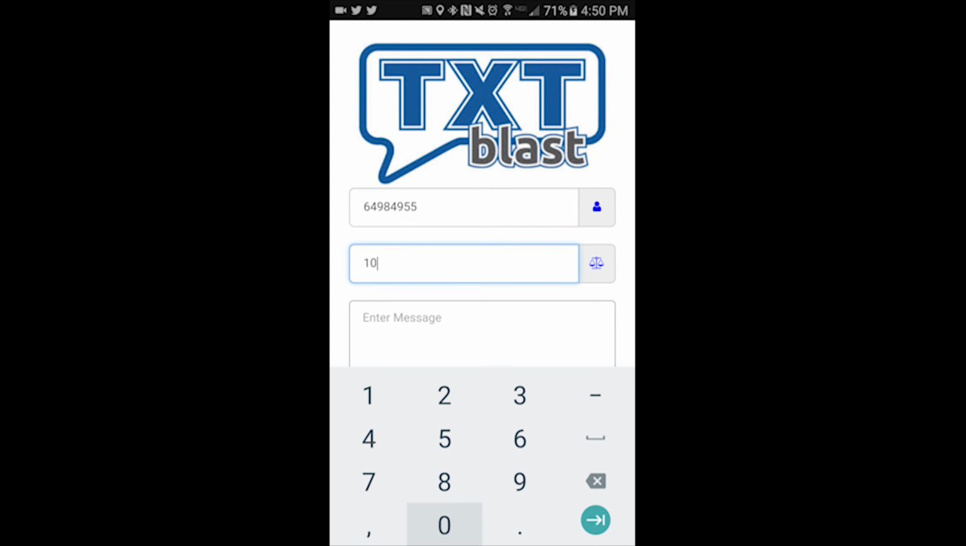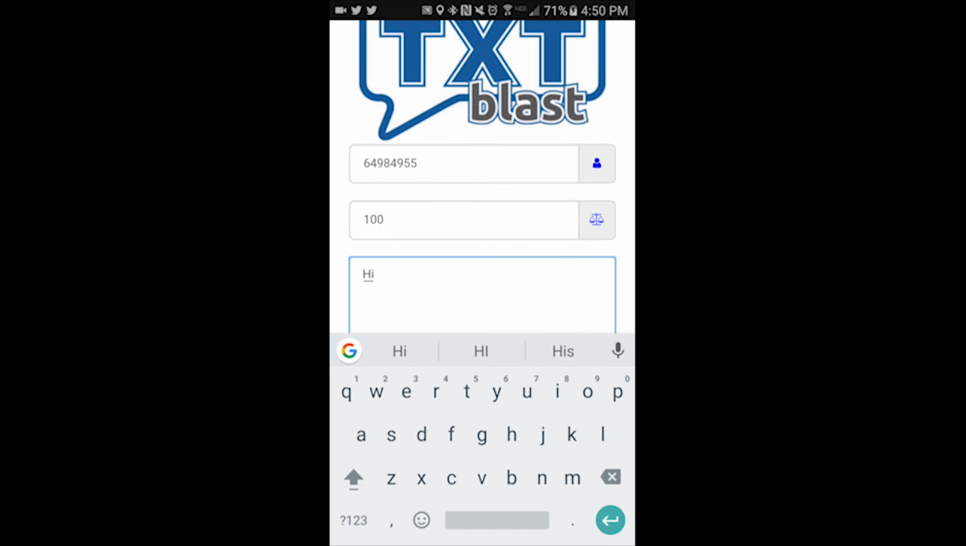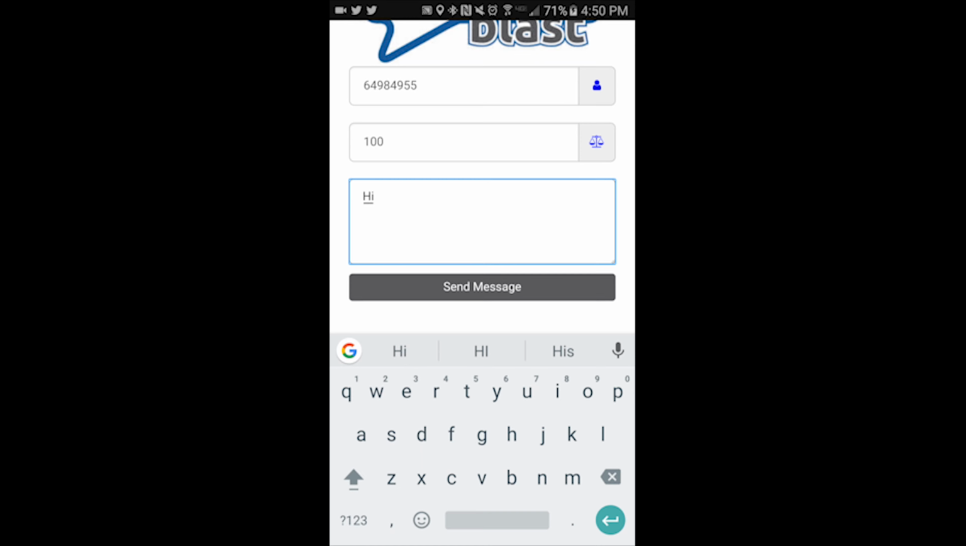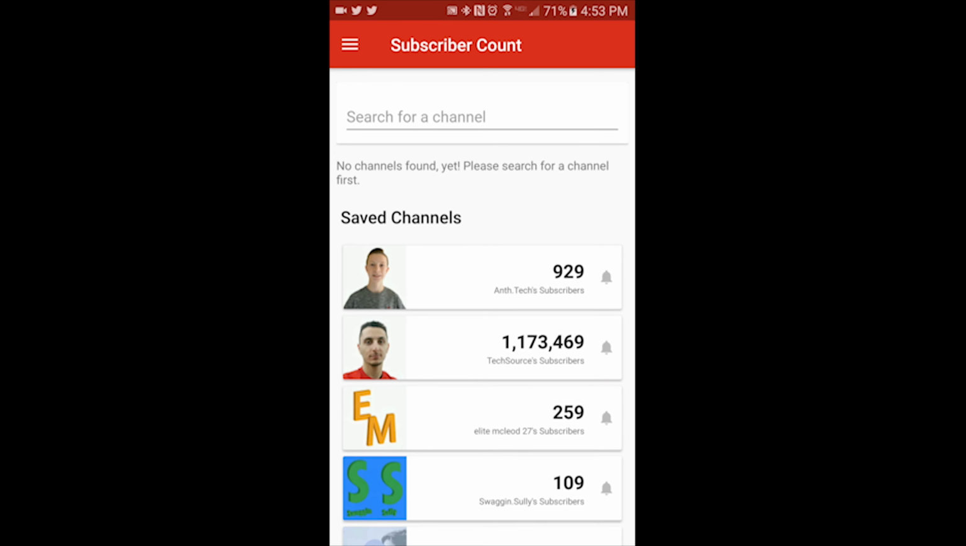Here is an app called Text Blast, and all you have to do is enter in a phone number, the number of messages, and then what you want to send, and it will actually do this, and it does work. Here is the last app, and this is called Subscriber Count, and it is a live subscriber count,